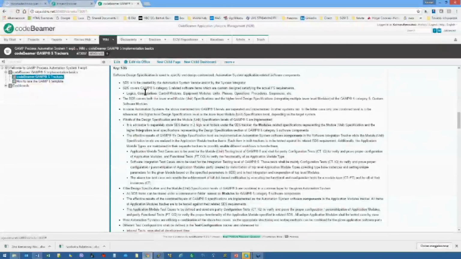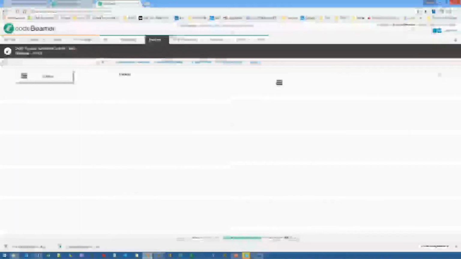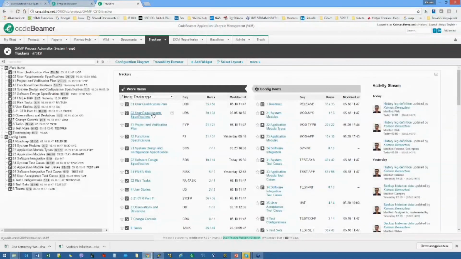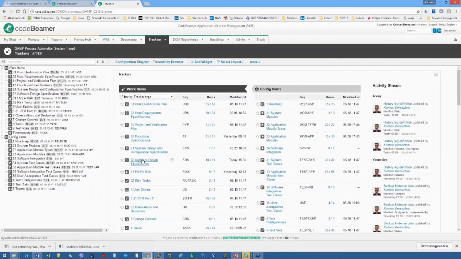So you find a very detailed description of how to use certain trackers and what they are intended for. So you can use this at any time. Okay, let's go to our trackers. As I told you, here you can recognize the GAMP terminology: user requirement specification, functional specification, software design, and so on. And these trackers, as I told you, hold information about